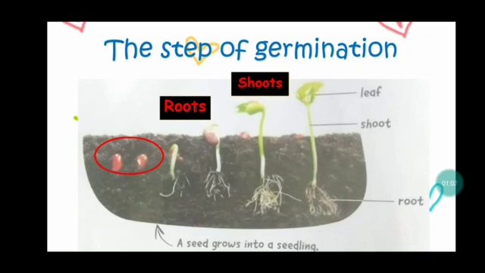When there is the leaf, do you still remember the function of leaf, fungsinya daun, that we have studied? Leaf has function to make food for the plant. So when the leaf appears, it means the plant is ready to make food. Nah, saat ini sudah bikin makanan. When the plant is still a seed, they do not need to make food because they have stored food in their cotyledon. This is the step of germination.